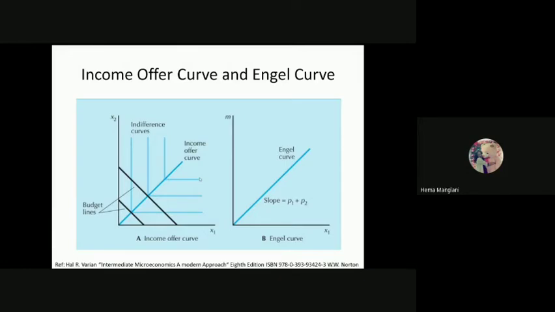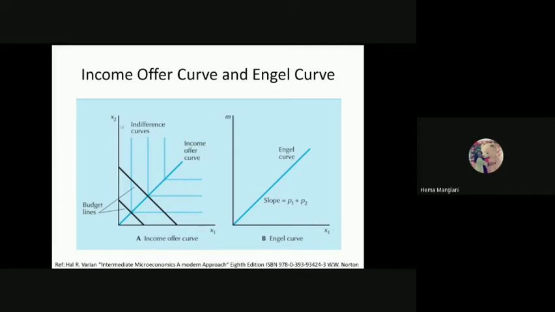So your income changes, and consumption also changes, but if the prices remain constant, these optimal choices give you the locus of positions and combinations, which is actually an income offer curve. And from this income offer curve, because we are talking about perfect complement goods, the Engel curve would also be upward sloping, which we derive from the income offer curve. The Engel curve shows the relationship between money income and the commodity X1.